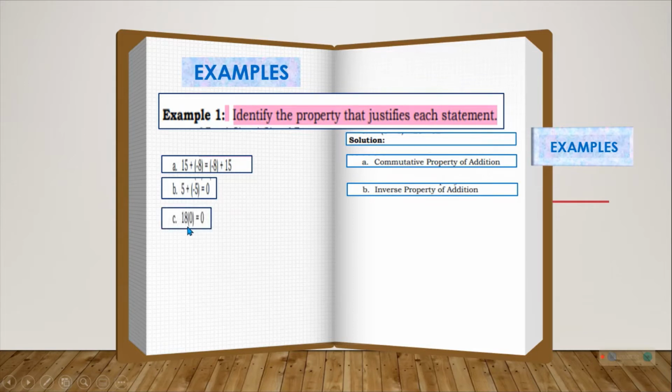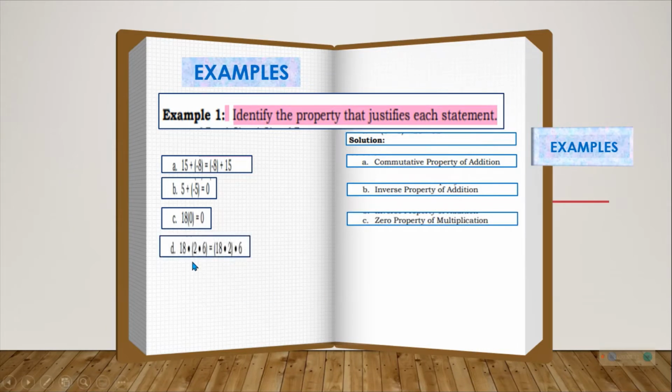And then, 18 times 0 is equal to 0. We apply zero property of multiplication. Then, 18 times quantity 2 times 6 is equal to quantity 18 times 2, times 6. So, nag-iba sila ng group. Pag group yung pinagpalit, that is associative. Pero kapag position lang pinagpalit, that is commutative property. Matatawag mo siyang addition kapag plus yung ginamit, and then matatawag mo siyang multiplication kapag multiplication ang